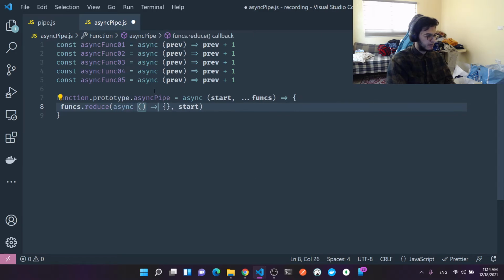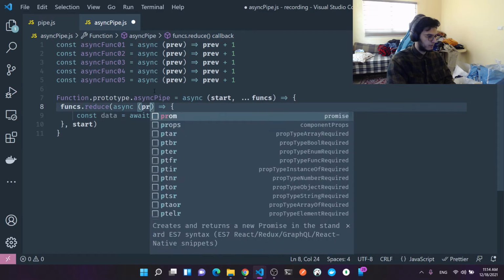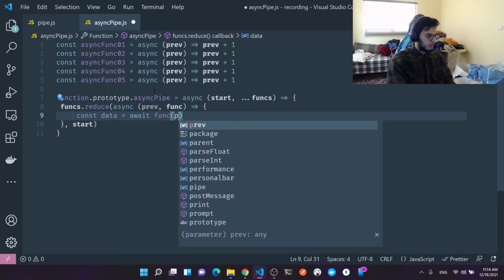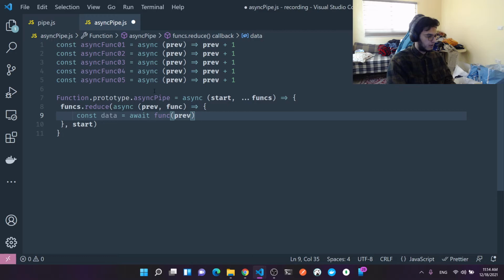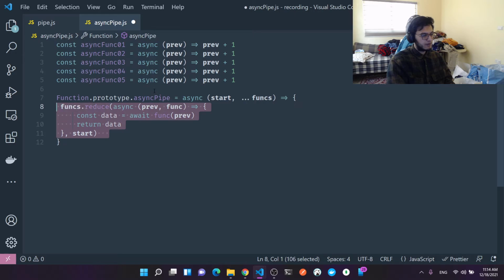If we define this as async, and let's say data equals await the func, this is the previous, this is the function, and now we need to return the data. This actually won't work, because you will loop synchronously on the array of functions,